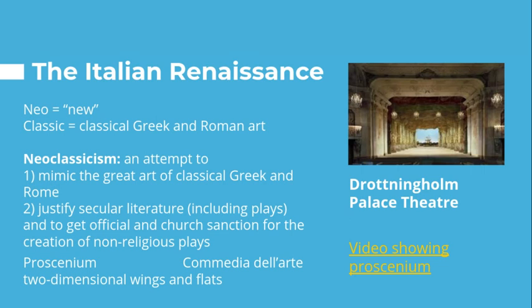Also, since much theater before this time emerged from religion, neoclassicism was an attempt to justify non-religious, or what we call secular, works. In this era, some books were published about stage effects and lighting, and as a result, 16th and 17th century Italy are known today for many advancements in the area of theatrical design. So we get perspective painting and complex stage machinery, and this creates lavish productions that focused on spectacle.